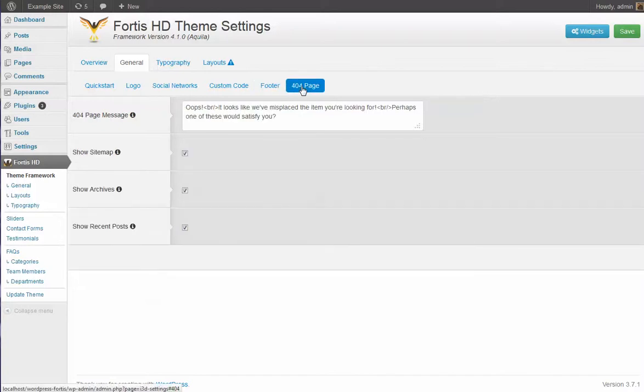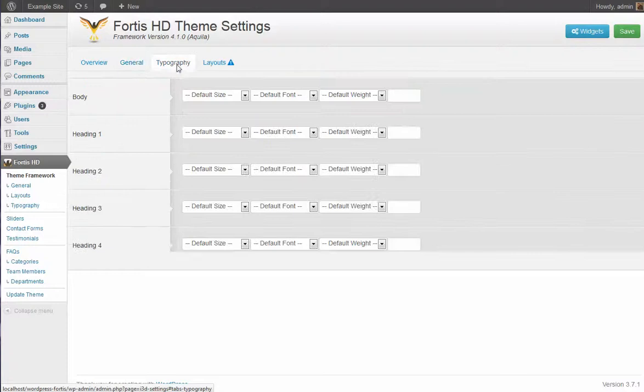As well, this next tab is for the 404 page, and the 404 page is essentially when somebody tries to go to your site and goes to a page not found. The page doesn't exist. And so we place a little bit of text here to tell them that they're in the wrong place, and they also optionally provide links to other resources within your site so that they can find their way. The next tab is the typography,